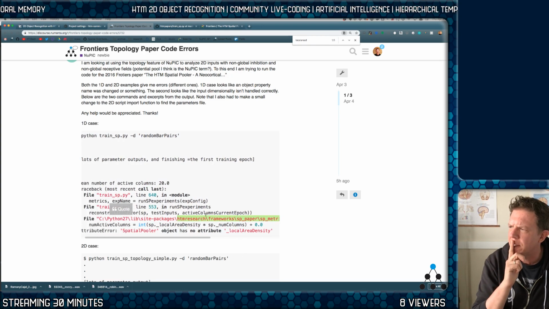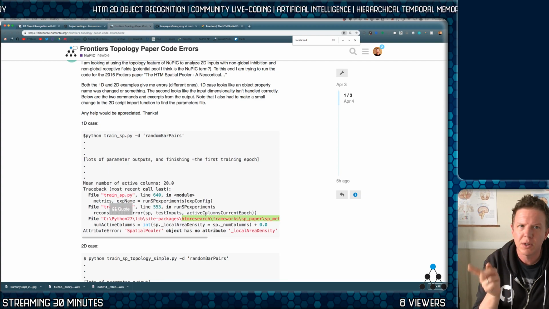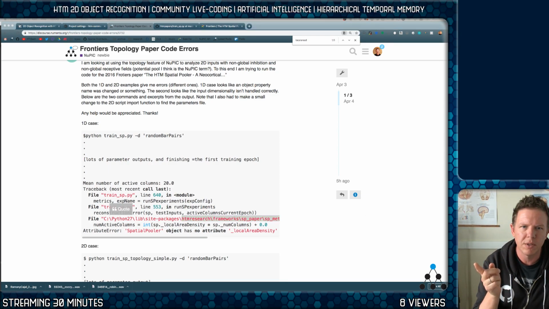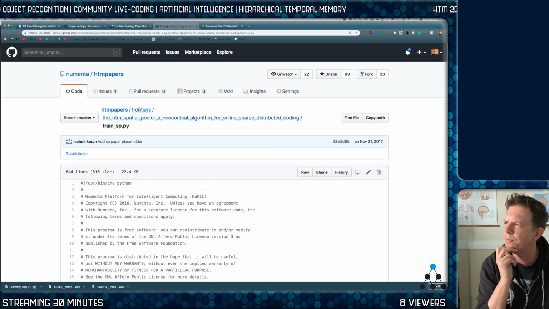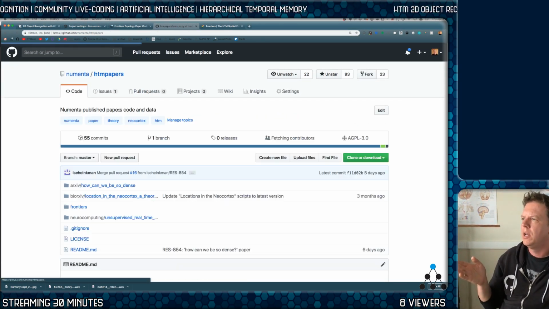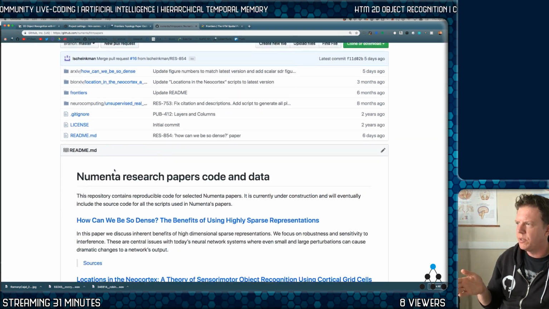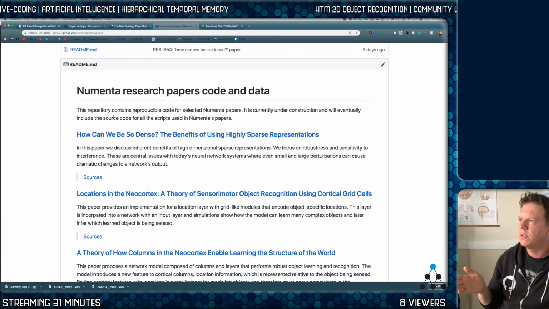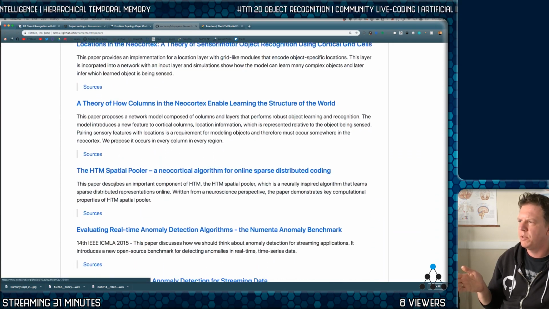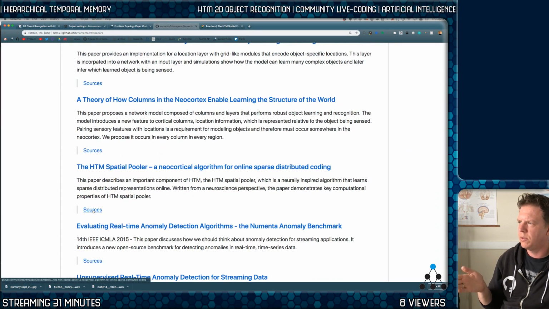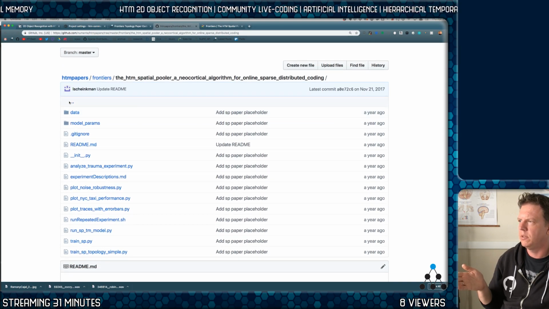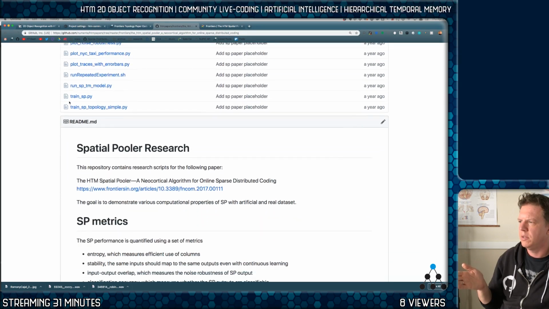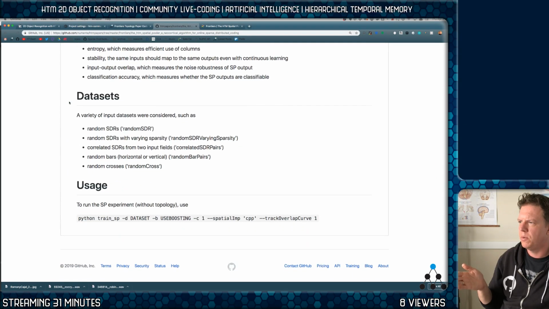But that shouldn't be the case because that is already installed. That should have been, so here, I can see some of the problems coming up. First of all, what version of NuPIC and HTM Research are we expected to have installed here? This contains reproducible code, HTM spatial pooler, the sources. Oh, yeah, this is the source code. Does it say anything about